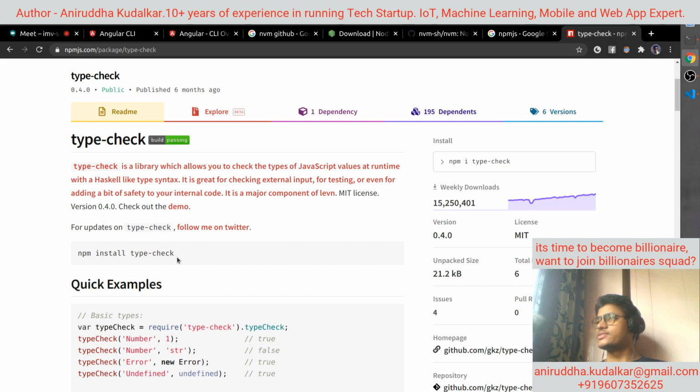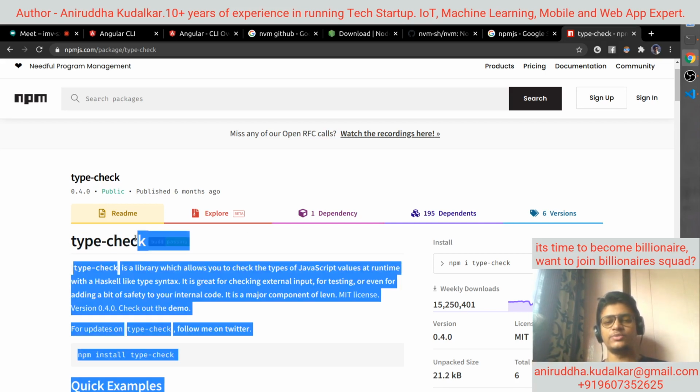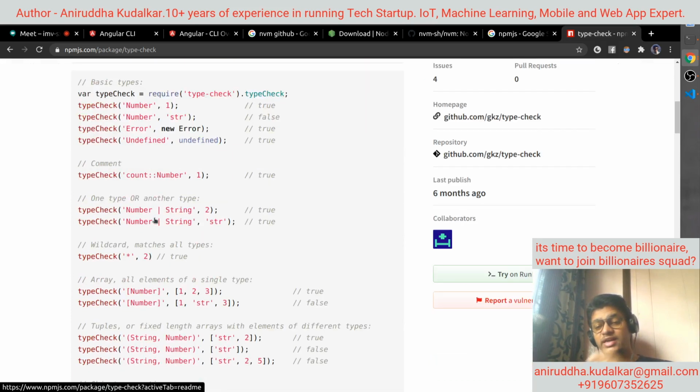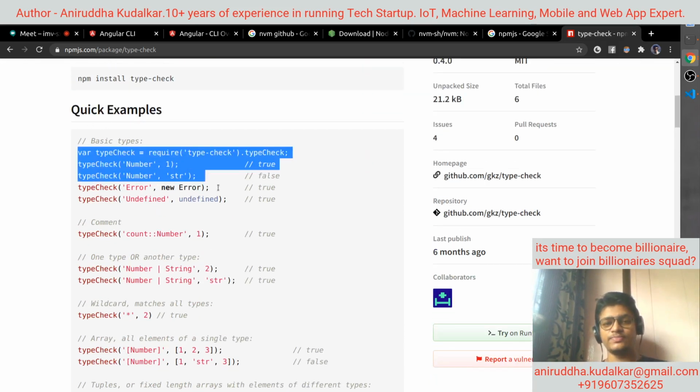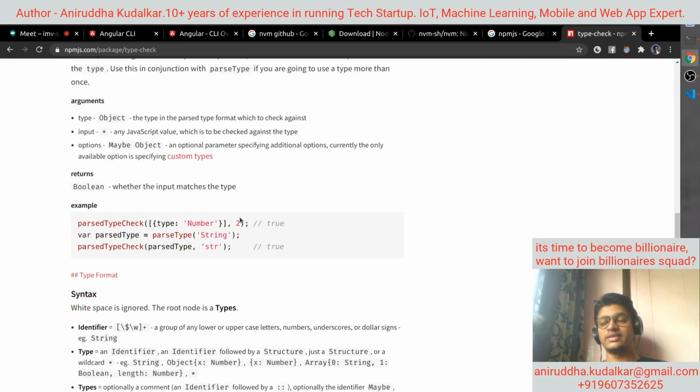So what it does, npm gives you access to a variety of packages on the npm registry. And what is the npm registry? Many JavaScript developers came together and started publishing their own packages freely so that other developers can use them. Like for example, I have given type-check. It is just an example. Remember that there are more than 8 million packages available on npm. This is one example I have given for your understanding. Then they have given a little bit of documentation, how to use it, what to do, and many other things.